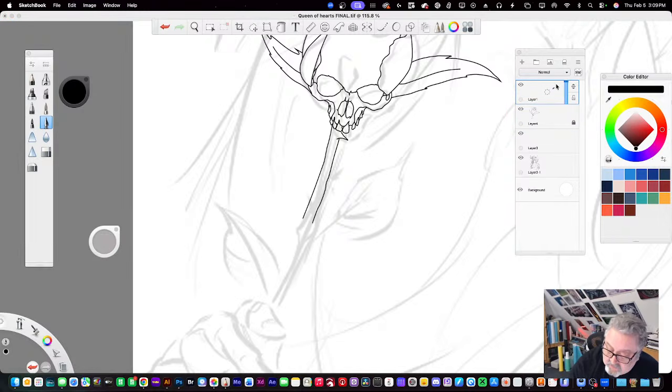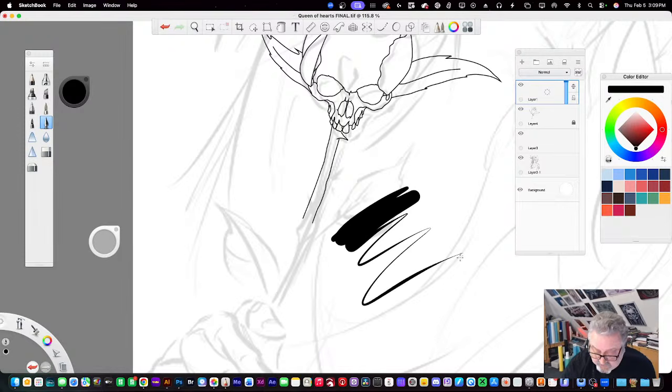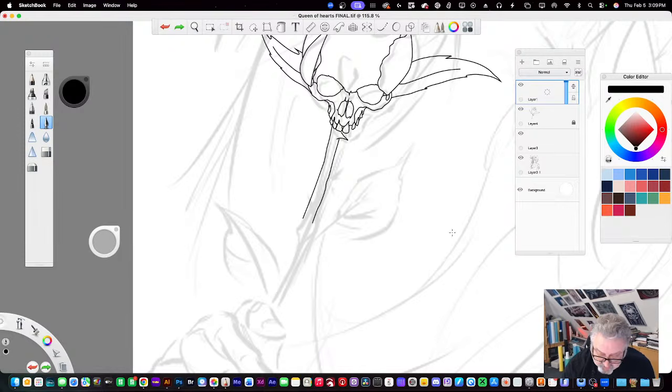Okay, pen. New working layer. See, now I can work. And I can change the size by taking this and dragging it to the left, and now I can make it bigger if I want. If I want to do cartoon work, I keep it fairly small. I like the pen because it's a little tidbit.